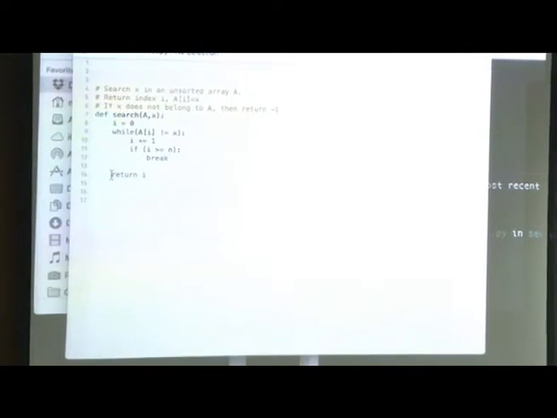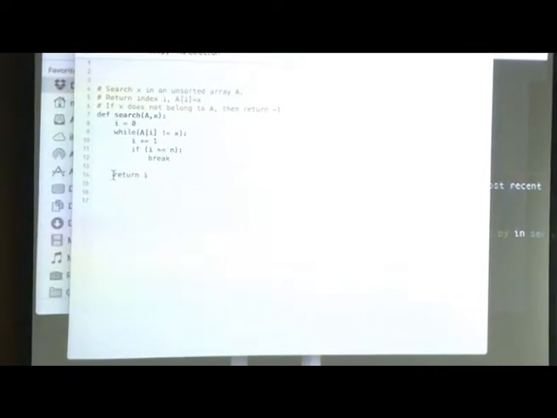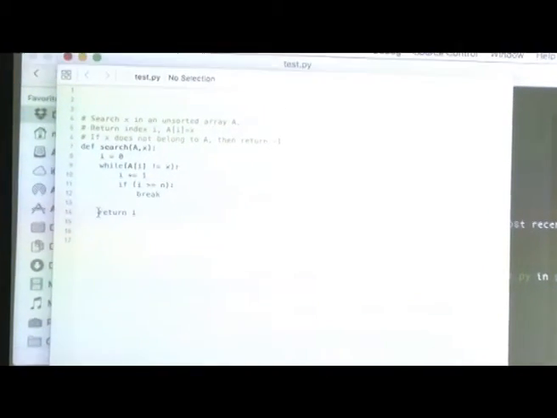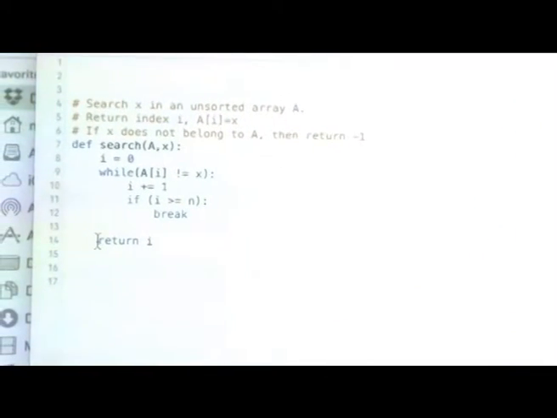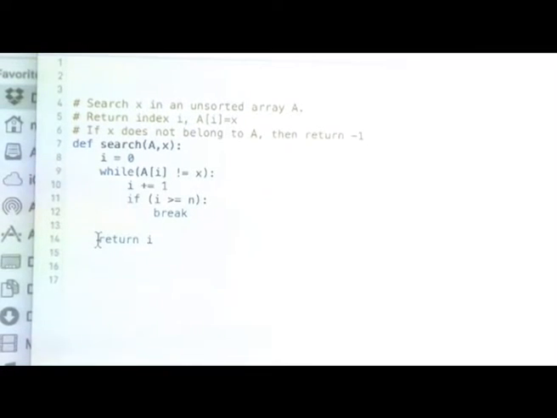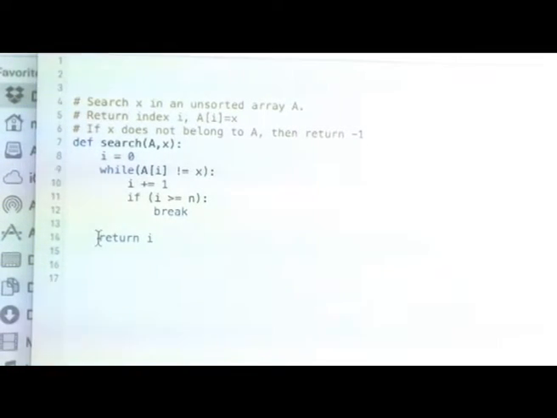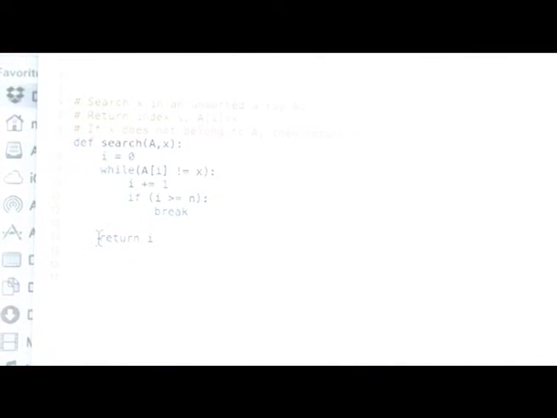So let us break, but do not do too many things in the loop, that is my suggestion. Based on the index i which comes out, I can take a decision. The other code is also equally good, I have no problem with it, but I would like to write less.